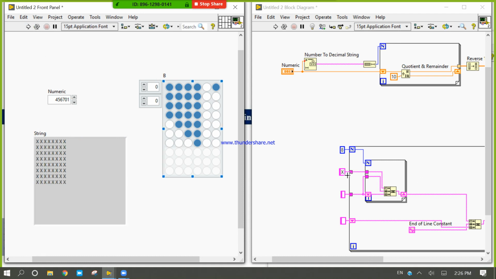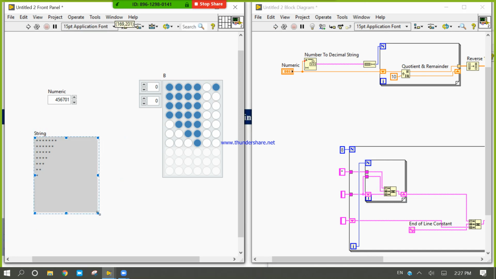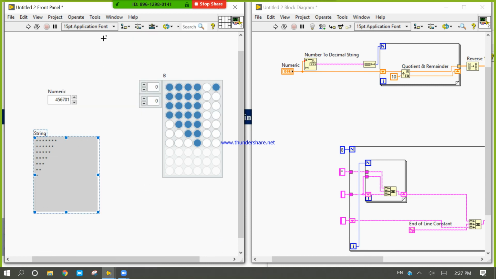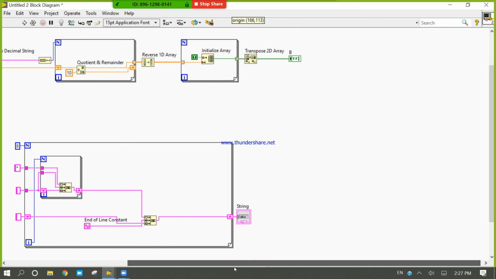I want to use star and space, so I can use the star. Control R. Star and space. Select all of this, and from here, justify center. Please design this code.